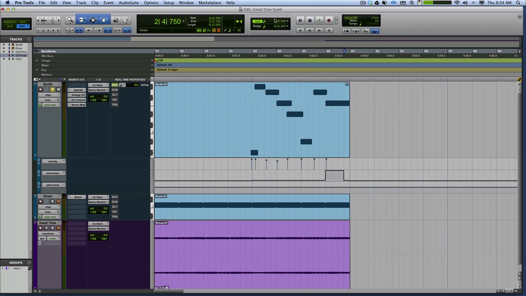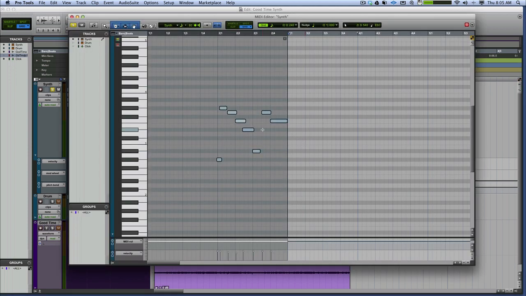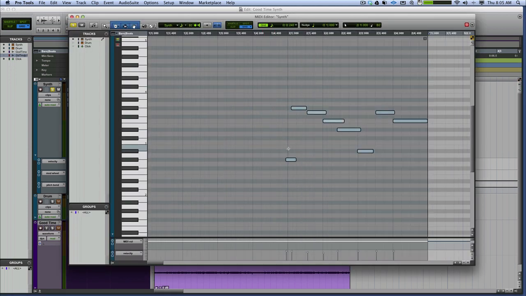Now there's a couple of other things, and it's performance as well. There's a note at the start, and because it's in legato mode, you can actually see it on the MIDI now. If I just open this in the MIDI window, you will see if we zoom in a bit, that the notes drift across each other, and wherever they're passing across each other, you'll get the legato effect. If they don't pass across each other, then you'll lose that legato effect. So if I play this,